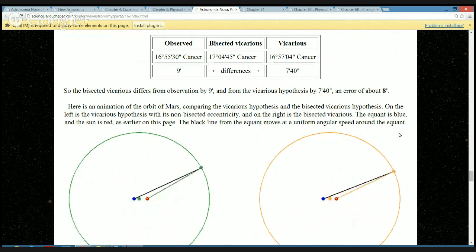What determines the point of the green dot, which is the vicarious hypothesis, instead of like the bisection? It was just a good question. The green dot was determined just by where to put it to make the model work the best, to explain where the longitudes would show up. When he took the 4 observations and tried to work them out so they make a circle, that was just the best spot that worked.